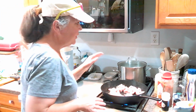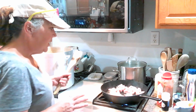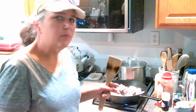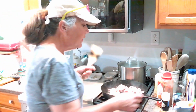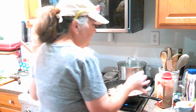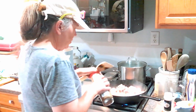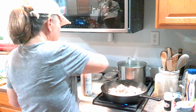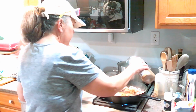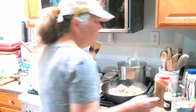At this point where it's just starting to brown is where I like to go in and I like to season. So this is just seasoned to taste, whatever you like, whatever your kids will eat, whatever you guys do. So here's what I'm going to do. I'm going to sprinkle in some garlic powder in there, a little bit of cumin, some turmeric,